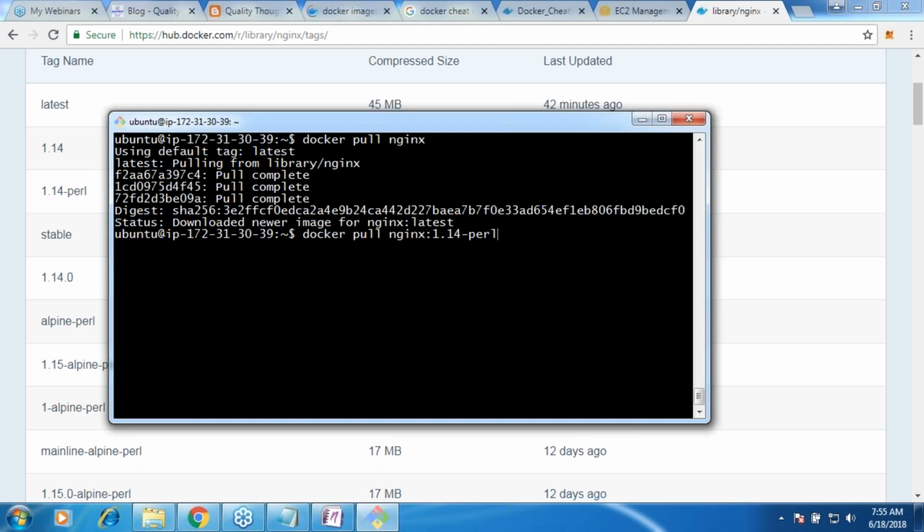Whenever you write docker pull Jenkins, the command that actually goes to Docker Hub is docker pull Jenkins colon latest. Whenever you don't give a tag, the default tag is latest. Here I am giving a tag specifically. So see what happens.